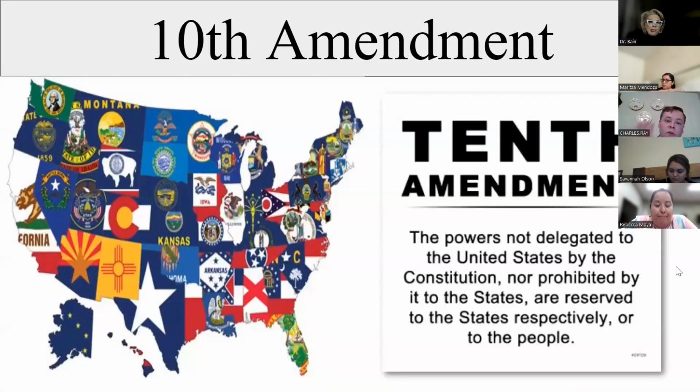And the 10th talks about federalism. Basically, if it's not given to the federal government to do explicitly in the Constitution when you read the articles, it's the states who do it. That's why states deal with such things as education. Originally, they dealt with marriage. They deal with things like morals. They deal with all kinds of different things that the federal government's not allowed to touch, technically.